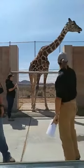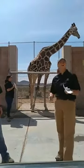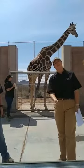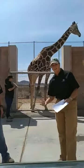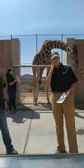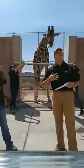You can see back there, his walk is open. He has his whole wall. He can leave all the way over and go to his barn. If he didn't want to be here, he could leave. He is choosing to stay with the trainers and keep working with them. And this allows them to get a great look at his face as well. We want to be able to check his ears, his eyes, and his mouth